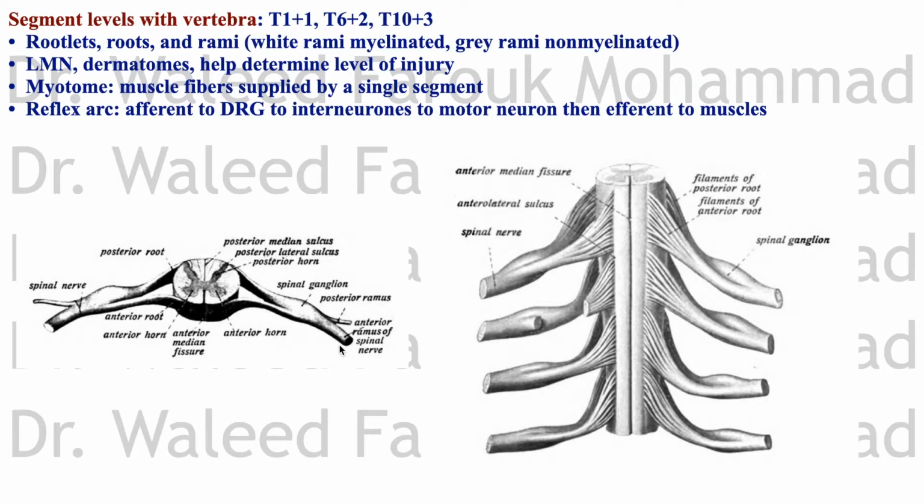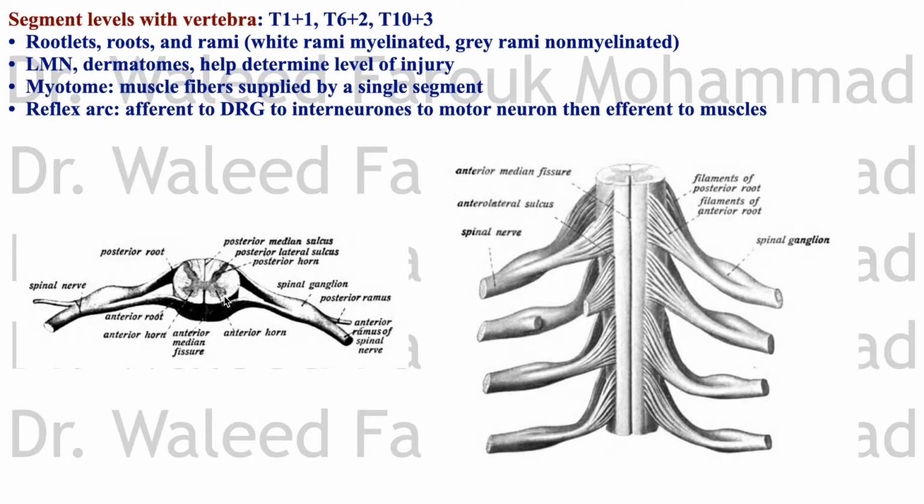There's also the gray rami communicantes and the white rami communicantes. These are the afferents and efferents from the sympathetic chain. So don't confuse these with the anterior and posterior rami of spinal nerves. So you have rami of the sympathetic chain, you have rami of the spinal nerve, and you have roots that form the spinal nerve. A lower motor neuron is the motor neuron responsible for supplying a certain group of muscle fibers, and